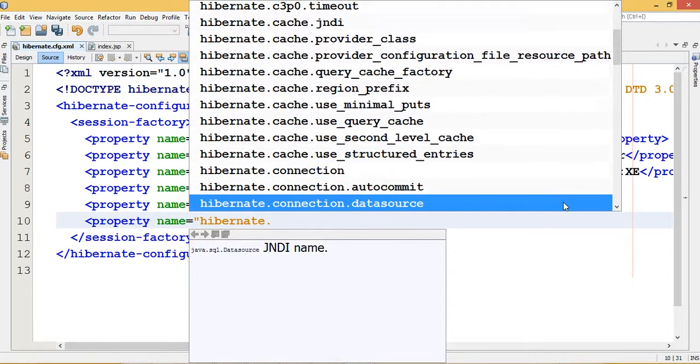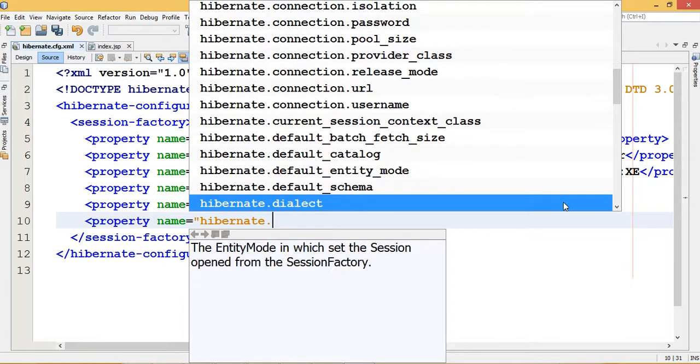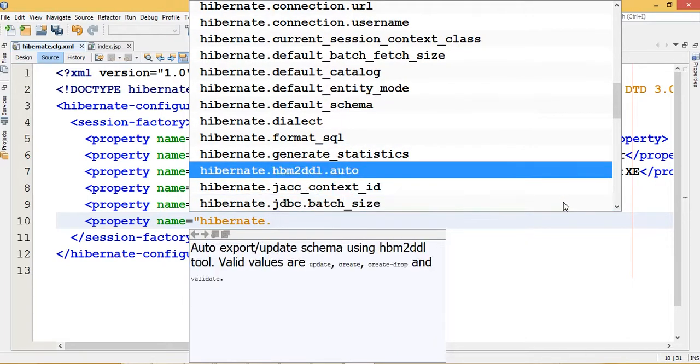It has so many properties. For the auto, you have to write Hibernate hbm2ddl, Hibernate mapping to DDL, data definition language. Auto means automatically it will be created.